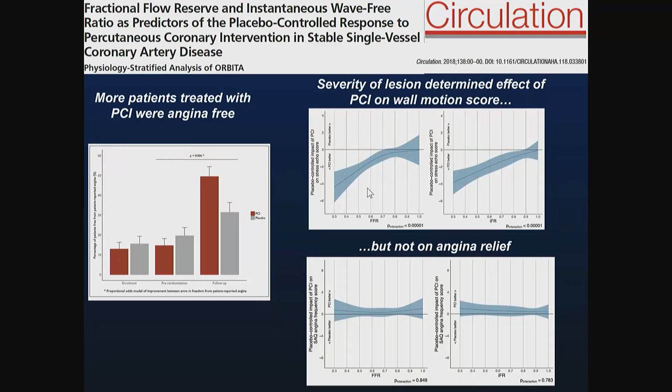The severity of the lesion effect on PCI on wall motion score was significant, so that the more severe lesions, if they were fixed by PCI, had better effect on imaging results, but that didn't seem to have any effect on symptoms. So in many of these cases, they were treating lesions and they made pictures look better, but they didn't make symptoms better. So this study has, I'd say, only further contributed to some of the controversy that exists on what's